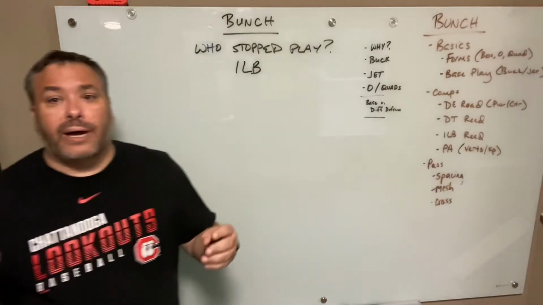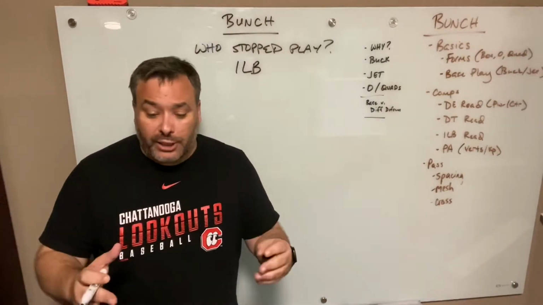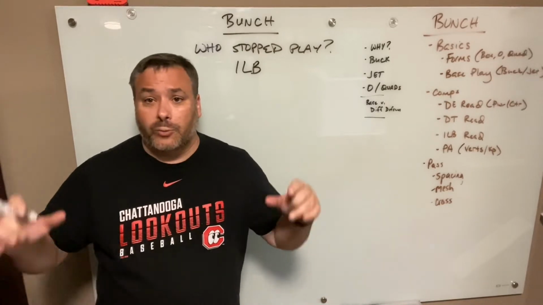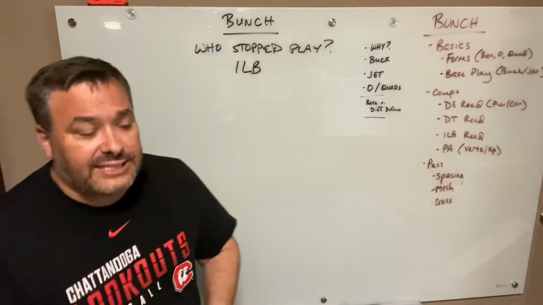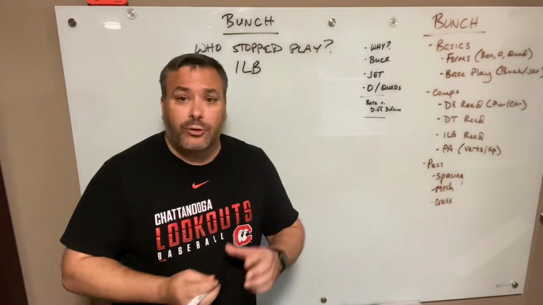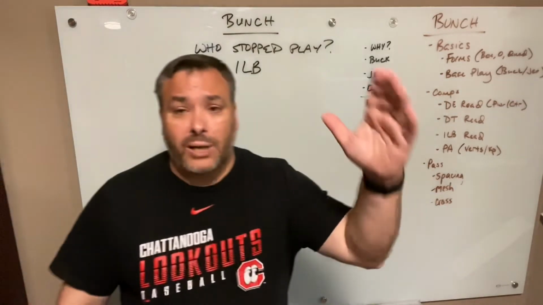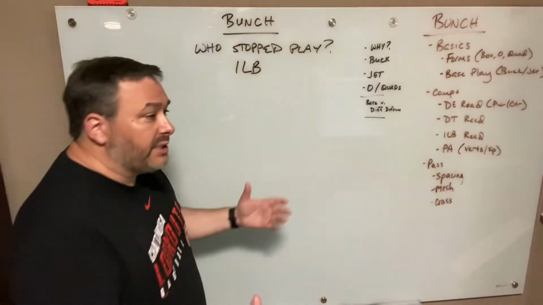All right, we're still talking about who stopped the play out of bunch. We're going to run our bunch sets. We're on buck sweep and jet sweep. We got great angles. We're going to make them stop us. If they stop us because their inside linebacker is climbing over the top, he's so good that he just gets over the top of our blocks and makes the tackle every time, this is what we're going to have to